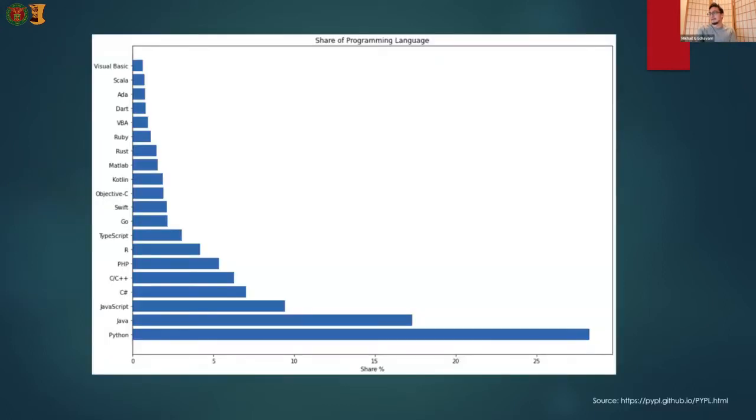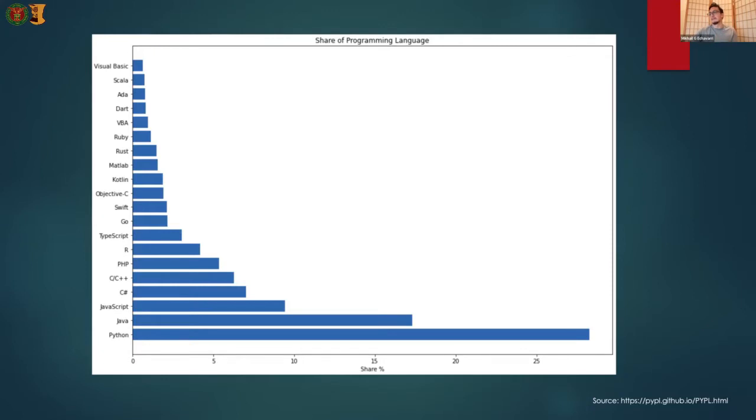And then again, Python is super popular. This is from the PYPL programming language statistics. They look at the number of times any language is searched on the internet. So when you're programming, you do a lot of searches for things you're trying to remember how to do, or specific types of code you're trying to write.